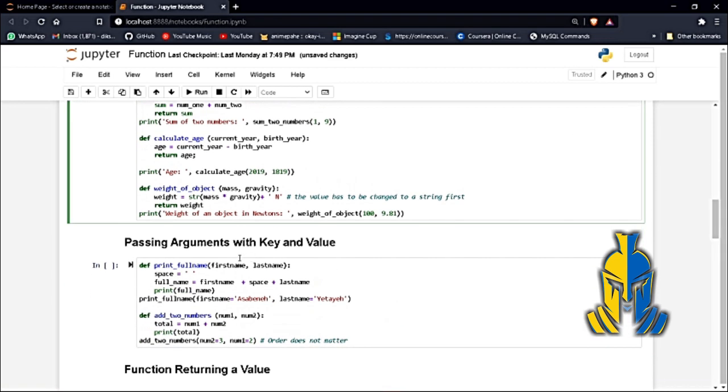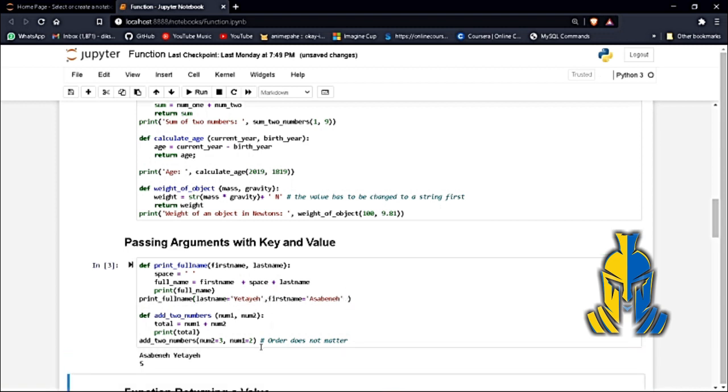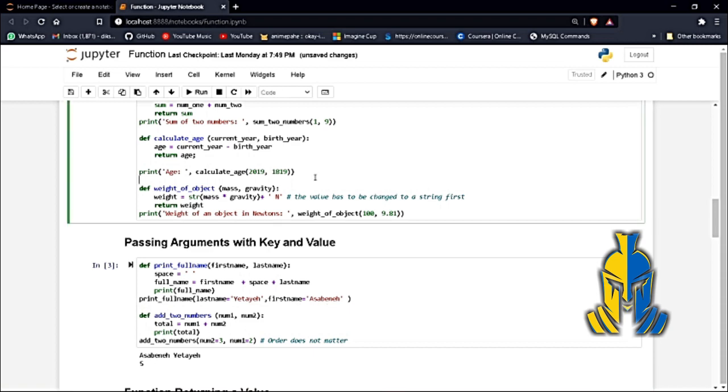The next thing we see is that currently there are two parameters we give. So basically it's no problem to remember that the first parameter is first name. But if there are various parameters, like say there are 10 parameters, then you can't remember the position of each and every parameter and you might mess up. So you can also give the value to the parameter this way, like we mention the name of the parameter and then the value for the parameter. It's basically the same thing. We just predefine that we are giving this value to this parameter. Now even if I reverse this, like if I give this last name here, even then it will recognize the first name is this and the last name is this.